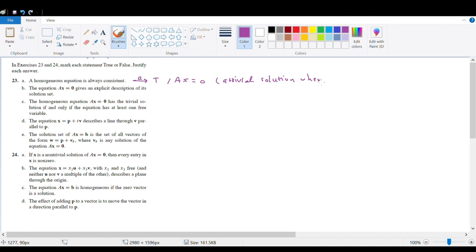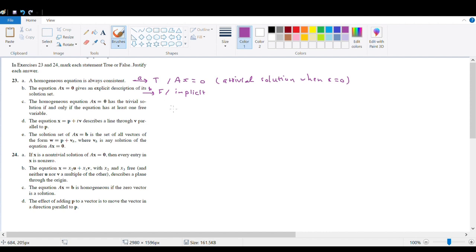When x is equal to 0. Then B, the equation Ax is equal to 0 gives an explicit description of its solution set. This one we said it is from the textbook. B, false, it gives us implicit because we write it as x1 in the form of x2 and x3 and so on. So this one false, it gives us implicit